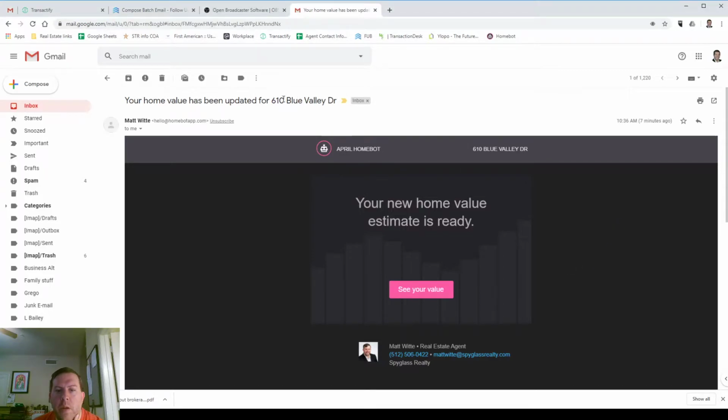Hey everyone, just wanted to show you a little bit about the emails you've all started receiving from the new system called Homebot. It's going to be there to help you with a couple of things. One is to track the equity in your home. The other is to help you see an idea of what your home is worth,